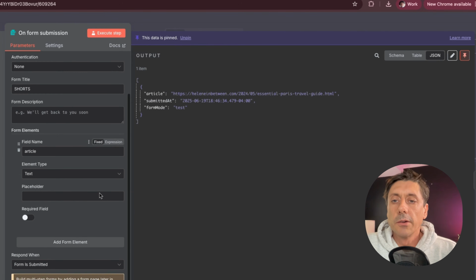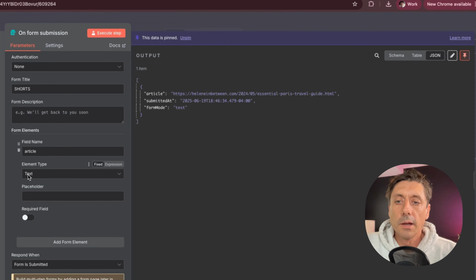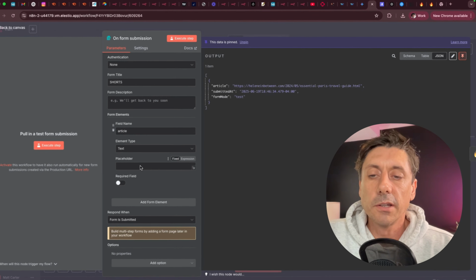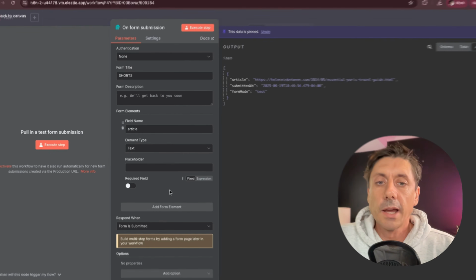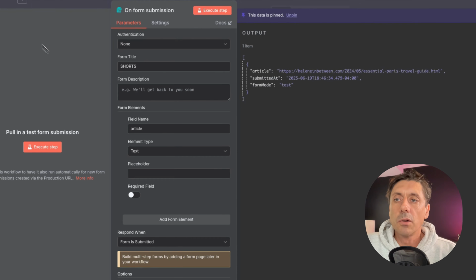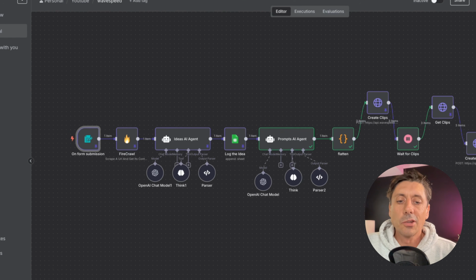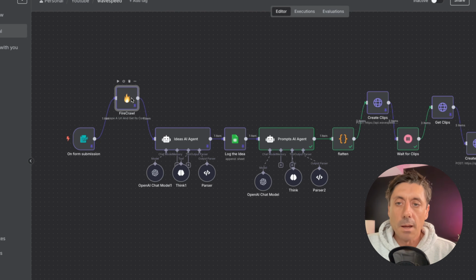All we're doing in here is setting up a field called article, and the element type is text, and we just leave that blank. What this allows us to do is to test easily. So when we execute this automation, a box is going to pop up, and that's where you just put the article that you want scraped in, and then that article will automatically get sent through to